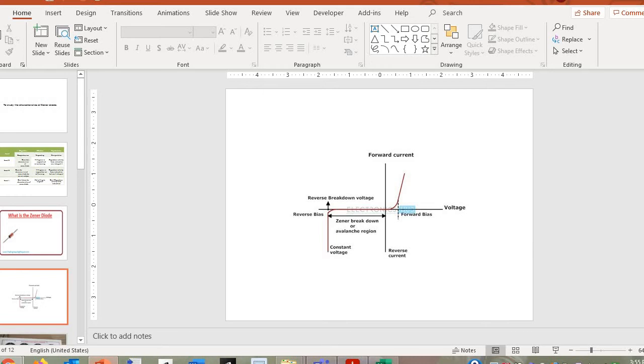Yes. What happens in reverse bias, negative terminal is connected. The holes in the p region and electrons in the n region move in the opposite direction. Yes. Due to that, there will be increase in the potential barrier and there will be no flow of the current. Okay, so that is the case of basically PN junction diode.